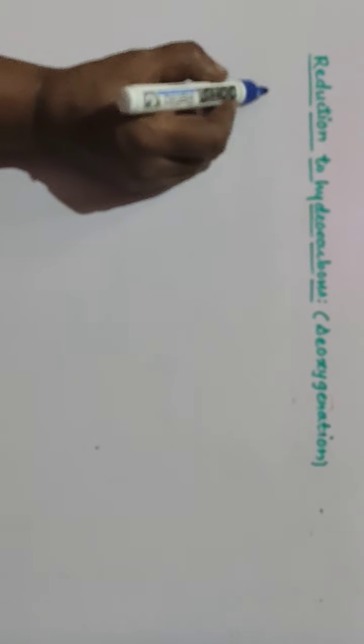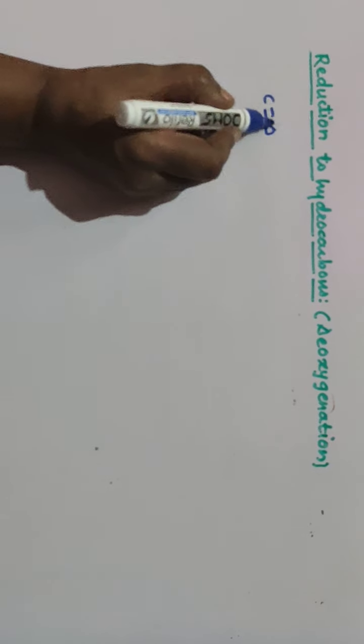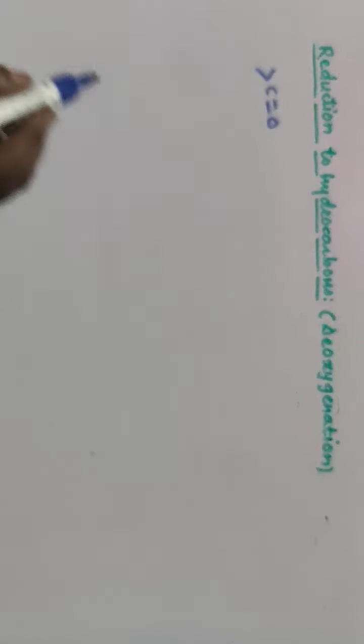So we'll go for now reduction of aldehydes and ketones. In reduction of aldehydes and ketones, it is nothing but a deoxygenation. You know, reduction means either removal of oxygen or addition of hydrogen. Deoxygenation means removal of oxygen atom. In reduction to hydrocarbon, your CO group, we'll see the reaction here, C double bond O, carbonyl group, when it